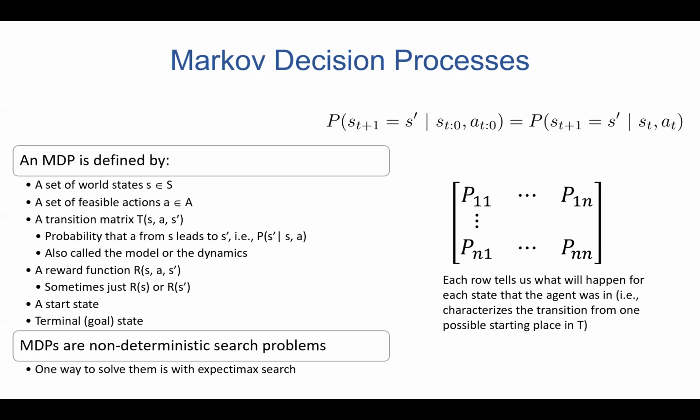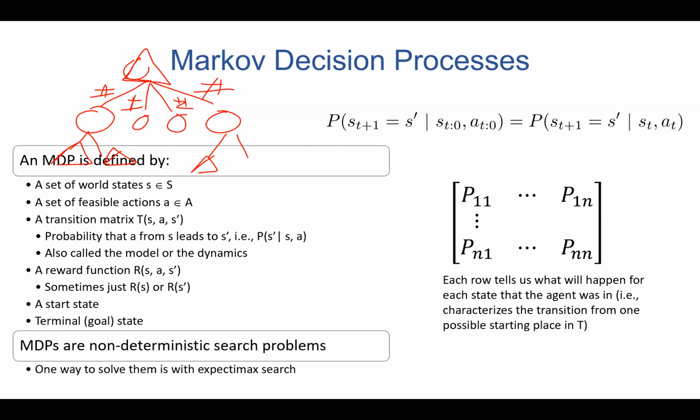Remember we said that in Expectimax we had something like this, right? Expectimax search. We had the maximizing agent, then we had the chance nodes, and there was a probability associated with each edge. And then we had the maximizing agent once again, something like this. We're going to talk about how we can take these numbers and build this transition matrix. It's like a two-dimensional array, another data structure that we're going to have to maintain.